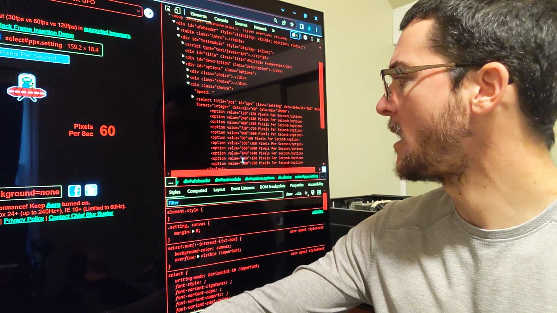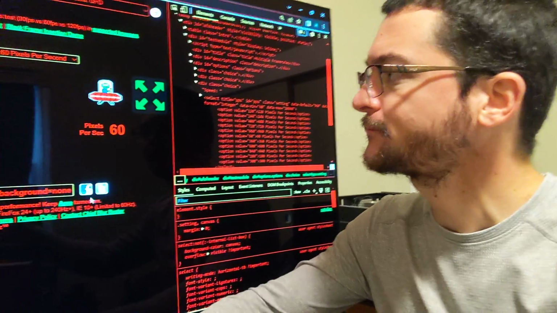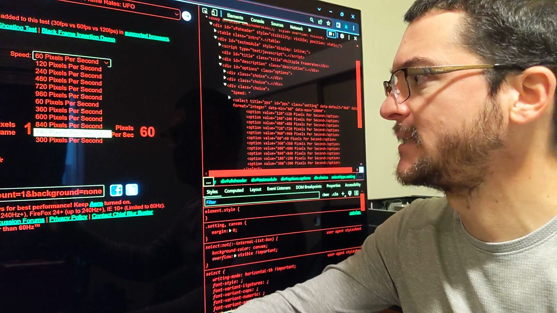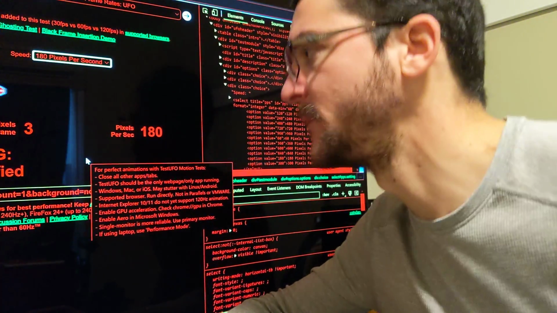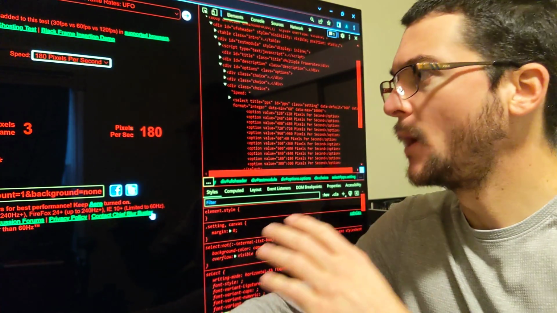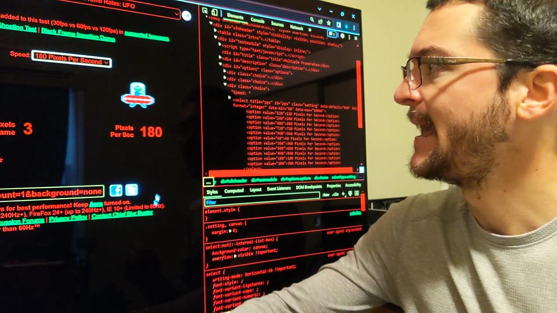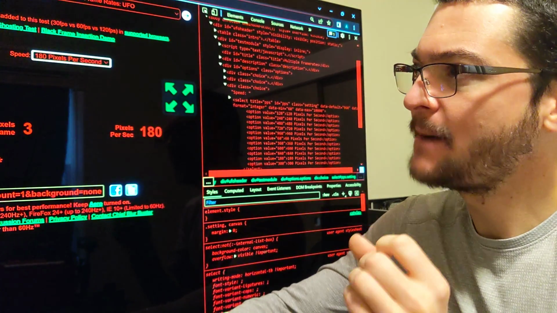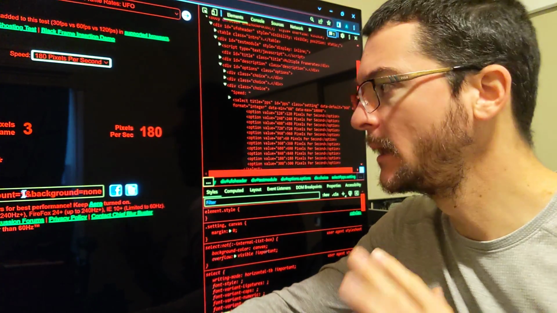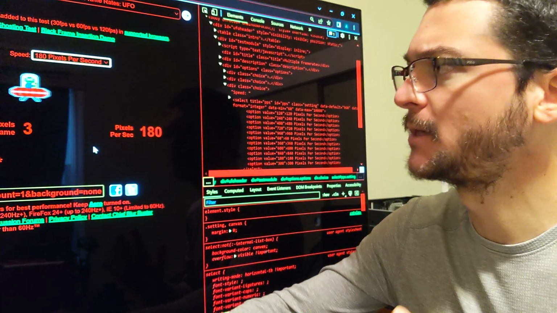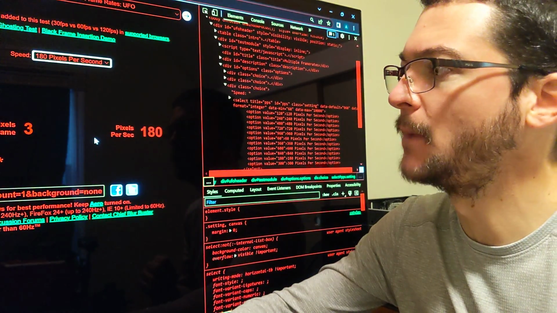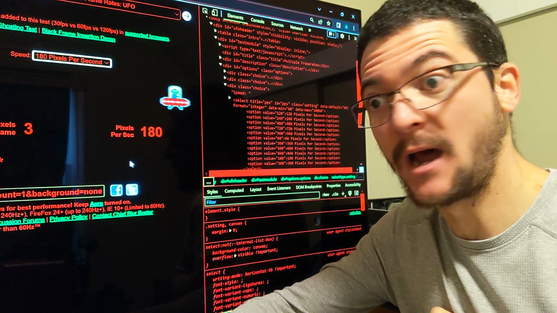So by having these options, for example, at 60 hertz, what I can do here is I can change the speed of the test to 180 pixels per second. Okay? So at 180 pixels per second, I use OLED Motion Pro High, and I see that I am getting less than 2 pixels of motion blur. Okay? Clearly. Not a doubt in my mind, but it is not perfect. It is not 1 pixel of motion blur. So my calculations are for sure